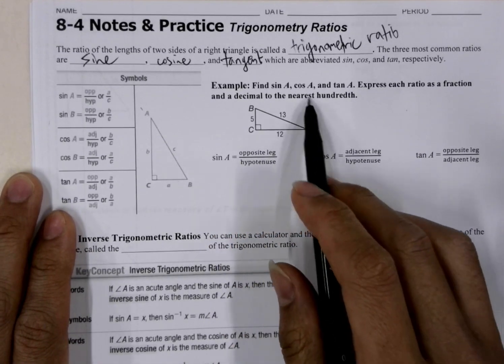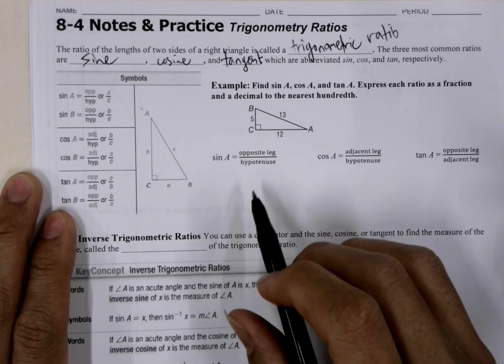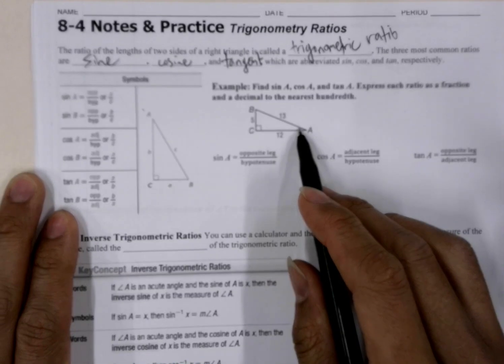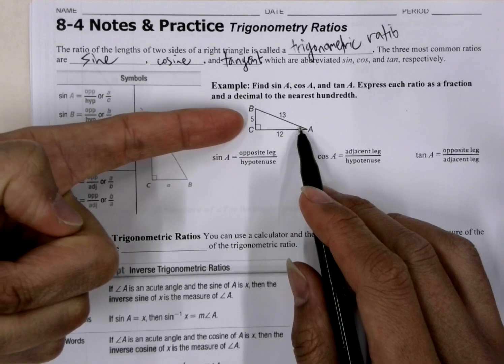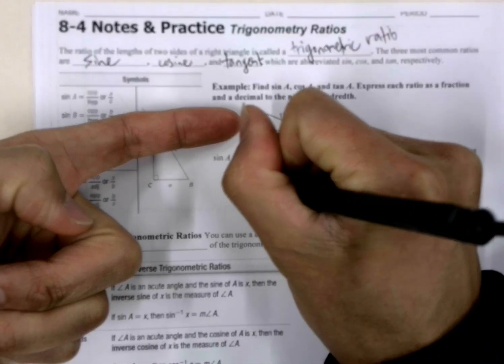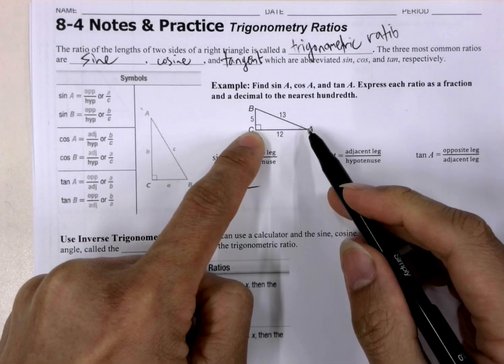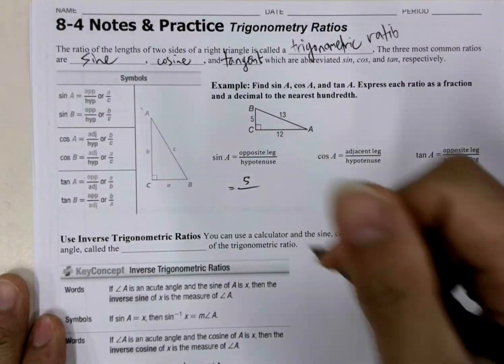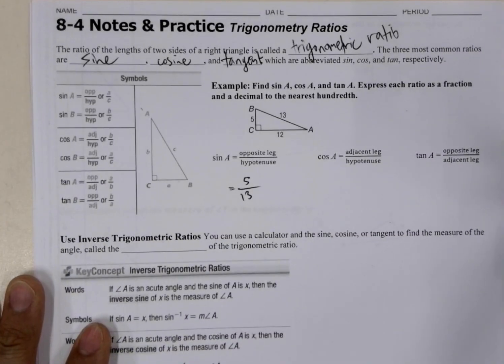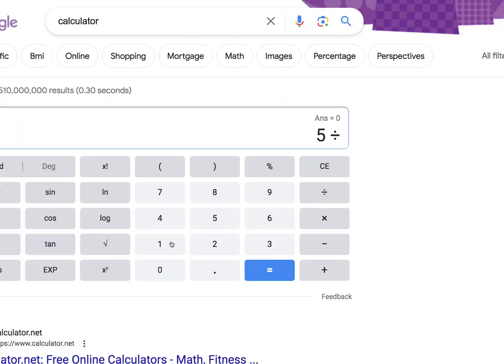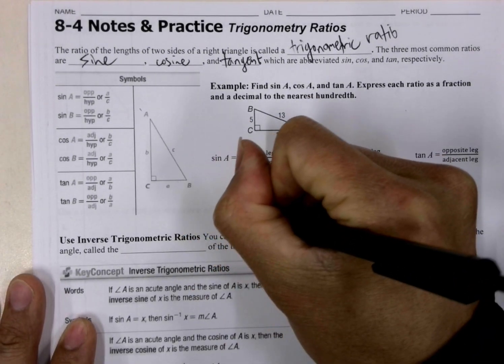So sine of A of this right triangle is, here's my angle A. The opposite leg would be this one, right? So it'd be equal to 5 over the hypotenuse. The hypotenuse is the side that is opposite the right angle, so it would be 13. And then we'll drop that into a calculator. So it's 5 divided by 13. And we're going to round it to the nearest hundredth place. Since the thousandths place is a 4, we're going to leave this as is, and it's going to be 0.38. So I'm going to say 0.38